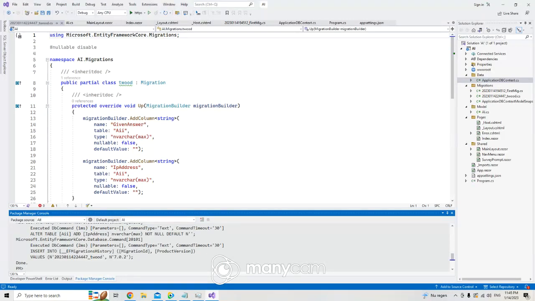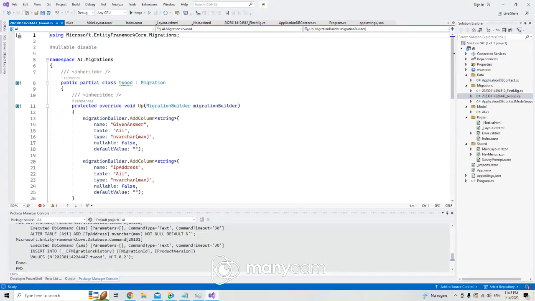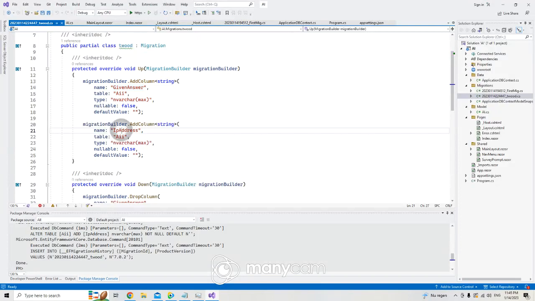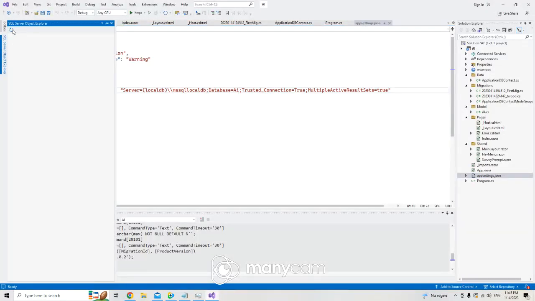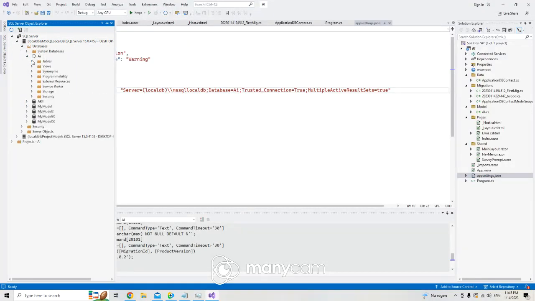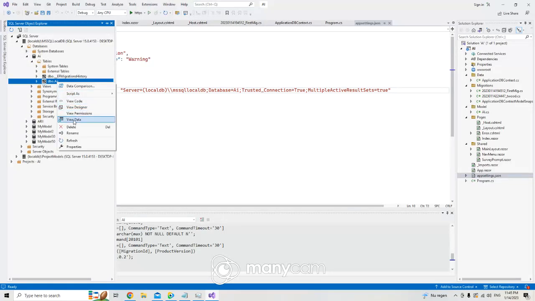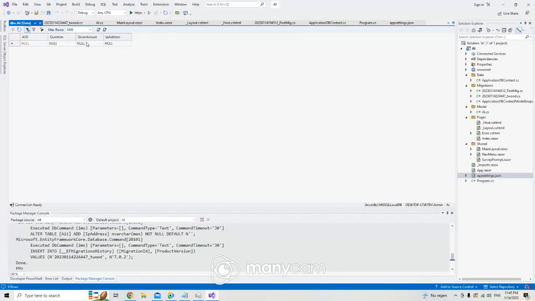Okay, now this is two things. First of all, let me check my database here. It makes for us the database. Let's see what our database is, AI. Let me find the AI database. If I'm seeing that here, AI tables, and these are tables: question, given answer, IP address. Okay, this is called that. We have now the database,